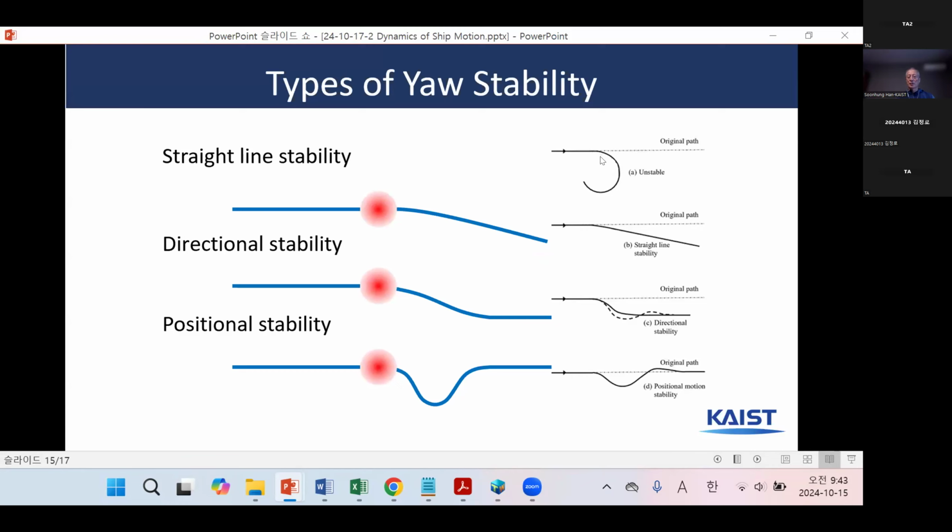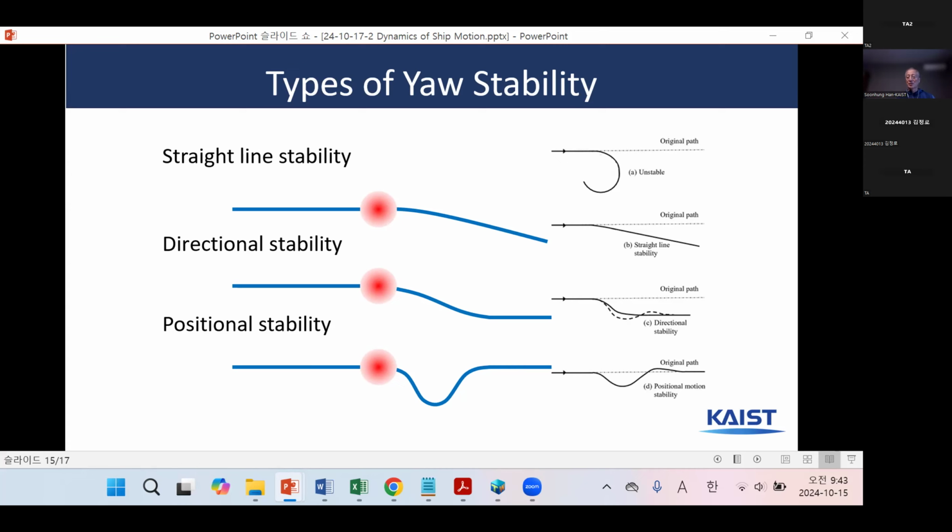This is for when you want to, what is your intention? You want to change the direction and go straight, same as the change slide, that we need to have a straight line stability. Or if something has a disturbance by the blowing of wind, but I don't want to change the direction, then it can be a directional stability. Or positional stability, even though there has been a wind blow, but I want to be coming back to the original course of